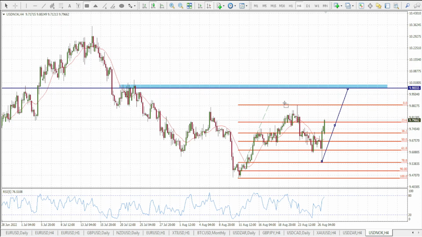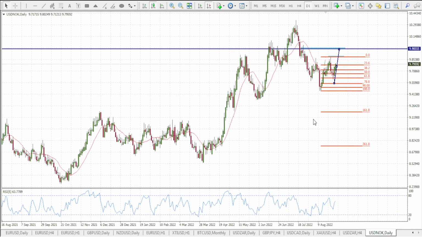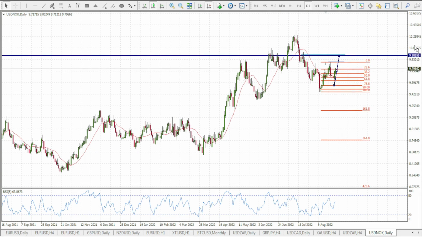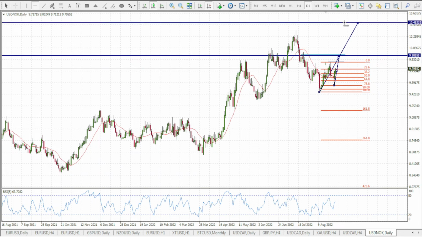And same situation can happen right here. If this double top forms along with the divergence, then you can close this deal and just leave the market with around 2600 pips of profit. So it's very simple, and definitely it's approaching 9.98555. If you are a little bit long term and you are looking for long term targets, then it is clearly approaching